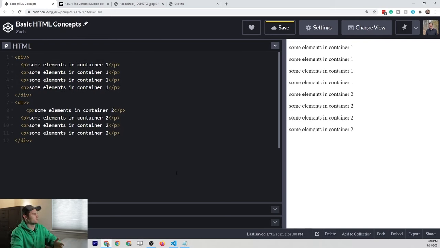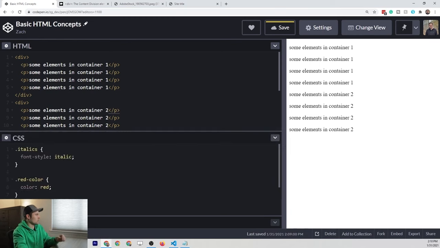So right now on the screen, these don't look separated at all. You basically look at this and say, oh, it's all just one big piece together. But since we wrapped these within div elements, we can actually put some styles on here to separate them out. And like I said, you're not going to understand how these styles are working quite yet. We'll do that in the next lesson, but I do want to show you how the div is able to